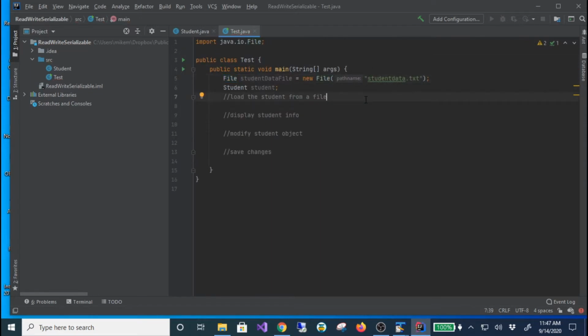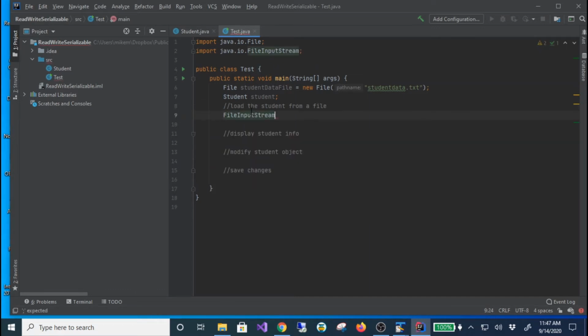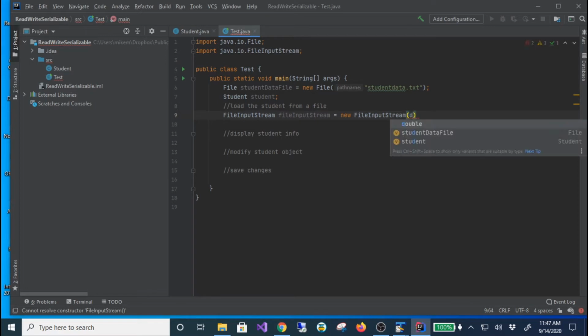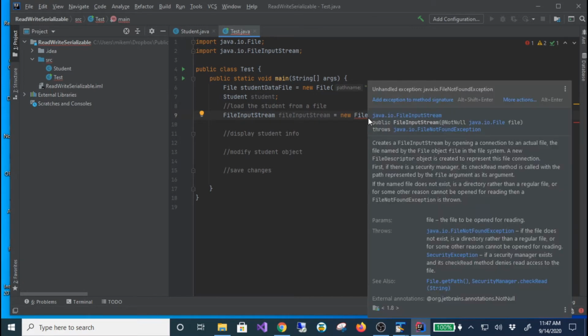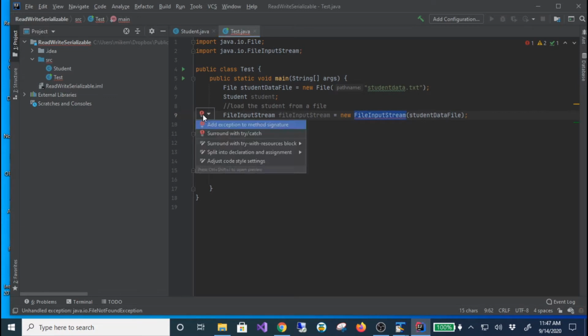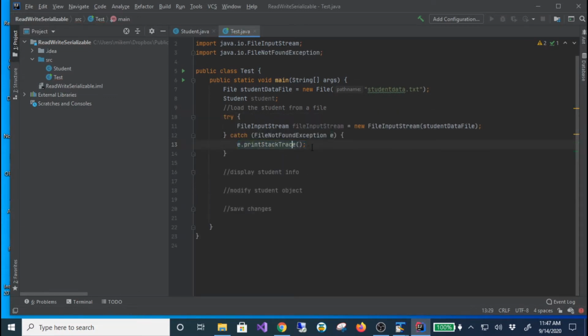Okay, so I'm going to go ahead and import this class. I should probably go to a separate method and do all this, but I'm going to just write all this inside of the main method for now, and then we can worry about organizing our code so it looks a little neater later. So what we're going to use is the FileInputStream, and I'll say FileInputStream is equal to new FileInputStream, and we're going to read the student data file. Same thing, we're going to have to handle an exception, and it looks like it's the file not found. So I need to surround this with the try catch,